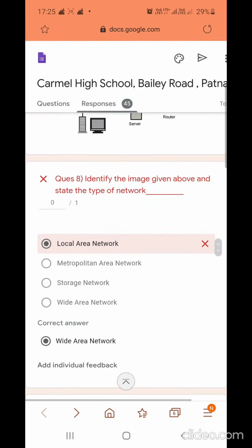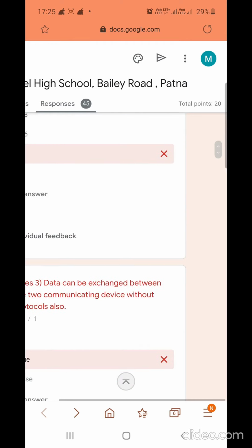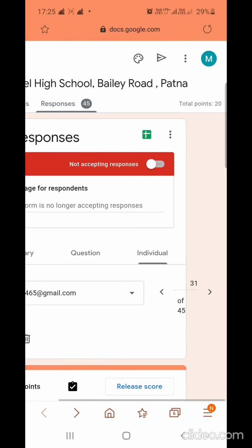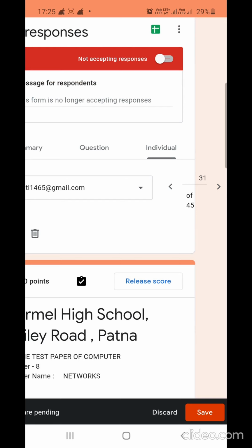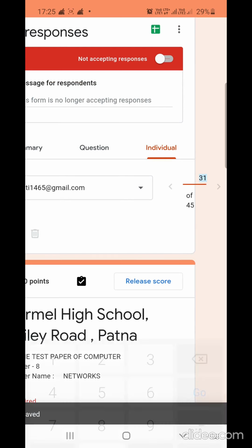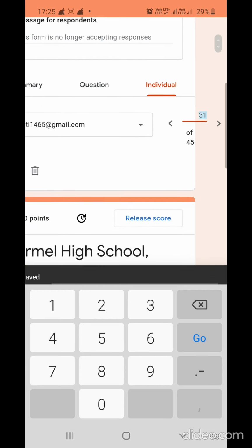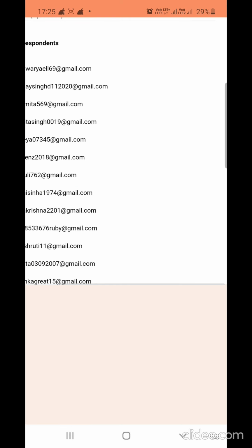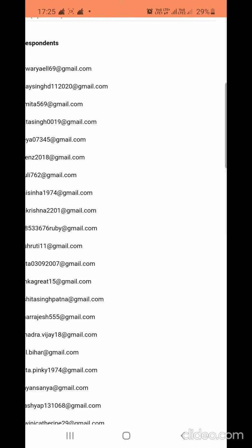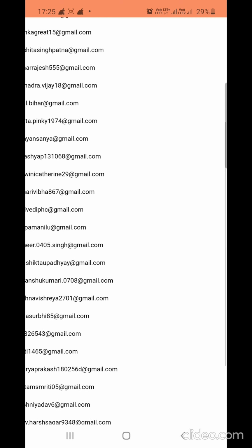And after that, I will come up, and now I am going to release her marks by clicking on release score. So whatever changes you have done, you save and then click on release score. So you will see that her score is released.